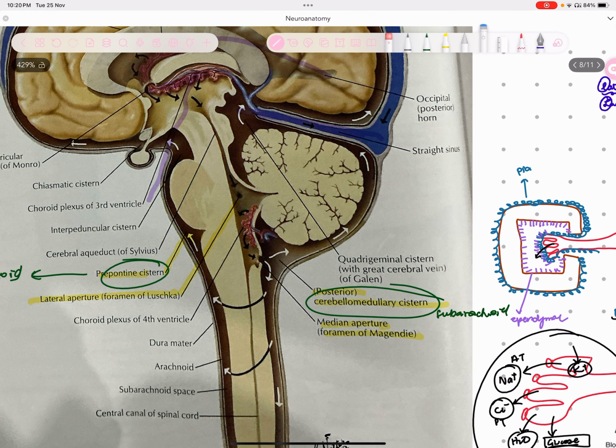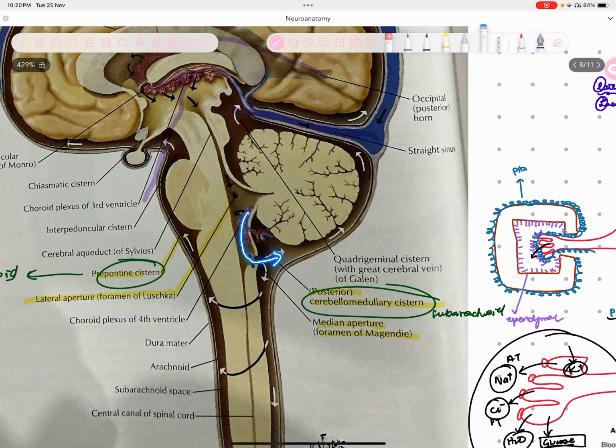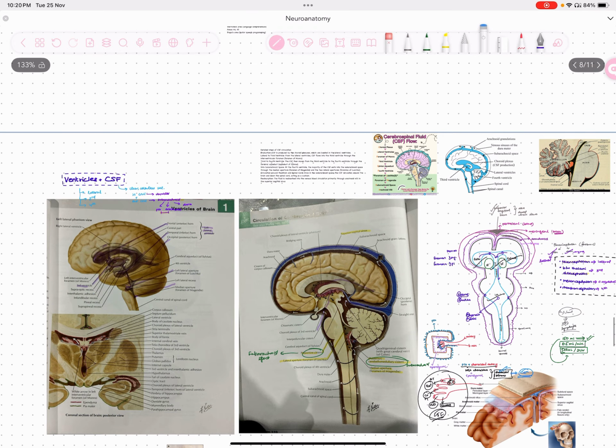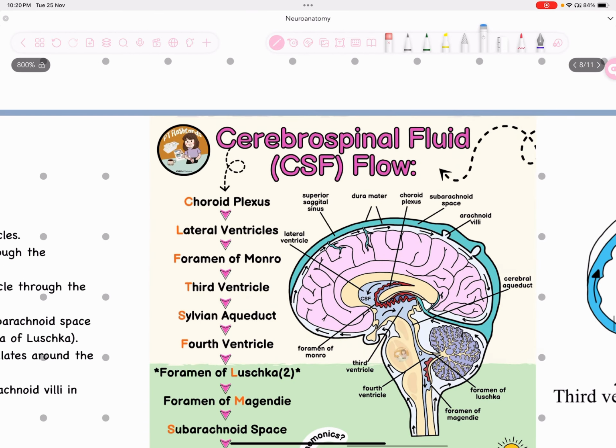Now, when CSF comes out through the foramen of Luschka and Magendie, it comes into the cerebellomedullary cistern, and also into the prepontine cistern. Now let's look at the directions in which your CSF flows. So cerebrospinal fluid,